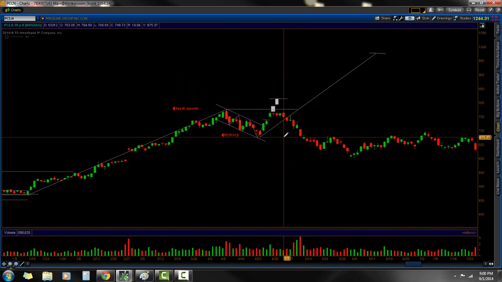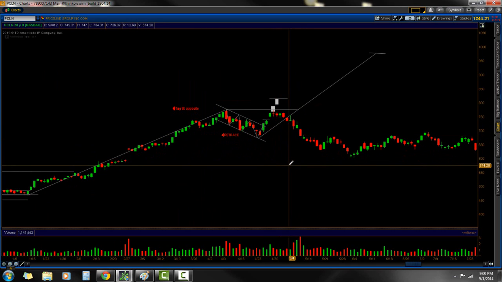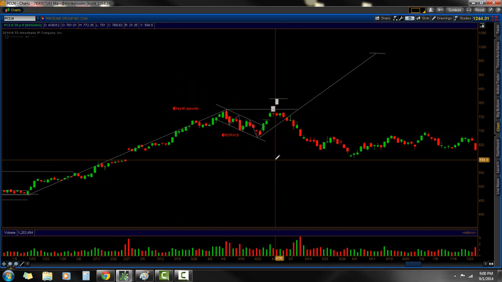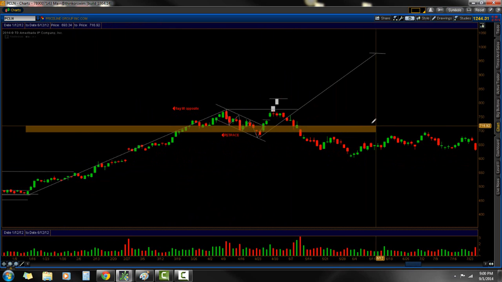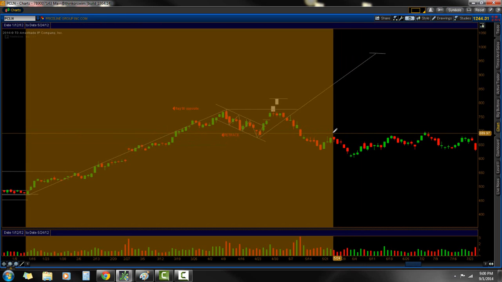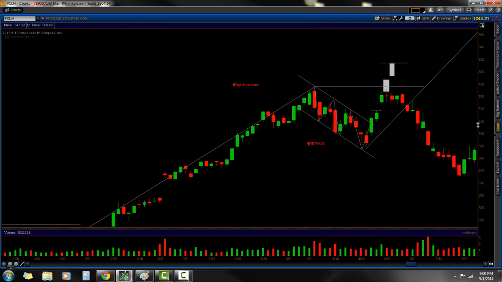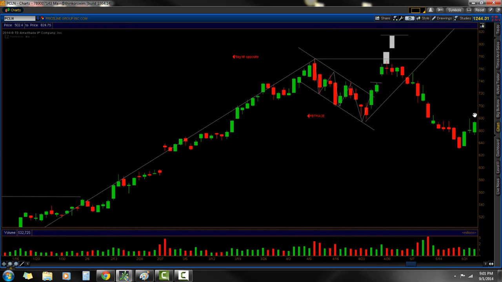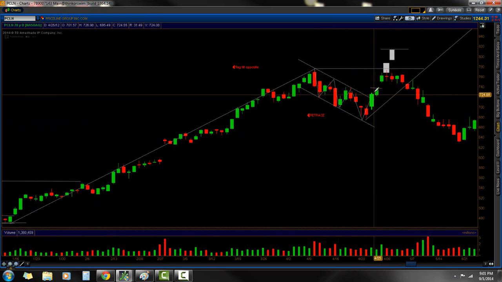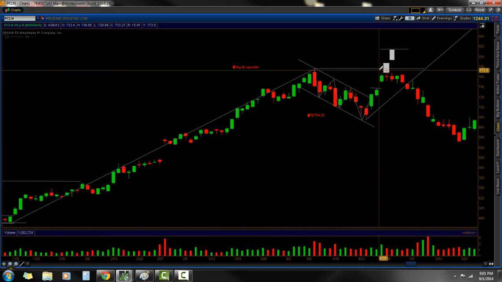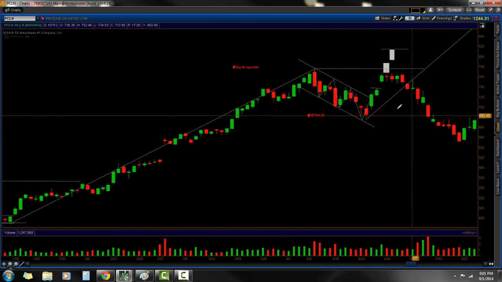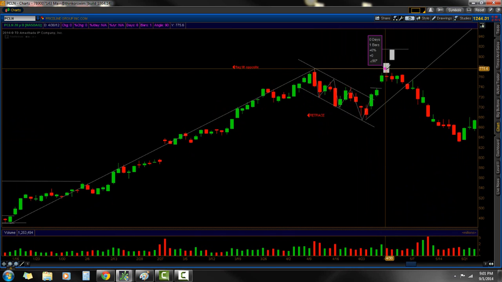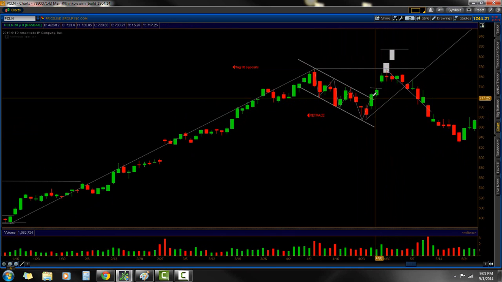If you get a pullback, now I discussed pullbacks when I was talking about triangles and stuff, when they break out, when the pattern breaks out from the flag, okay, you could get a pullback as you're seeing here. It reaches your first target and then it pulls back, and then generally it's going to pull back to the breakout area,